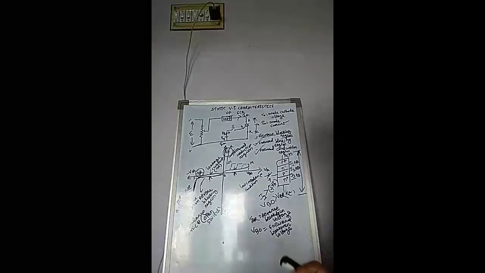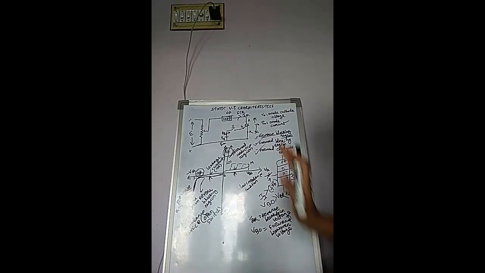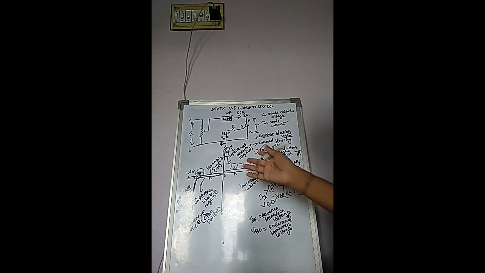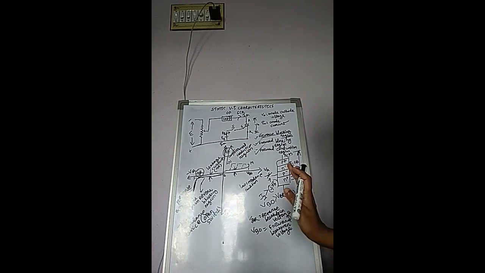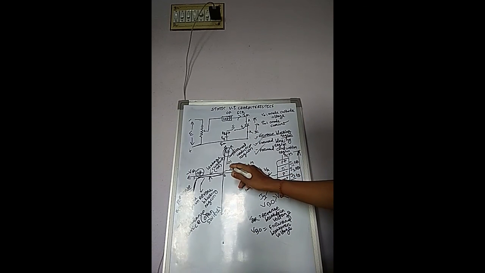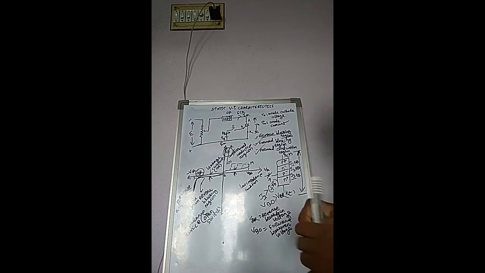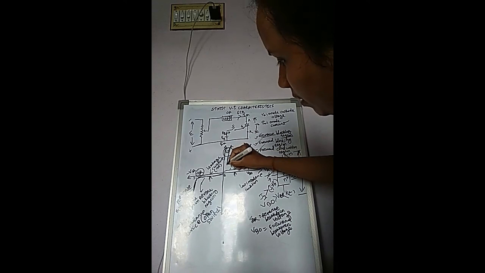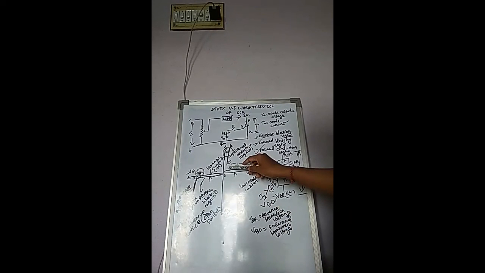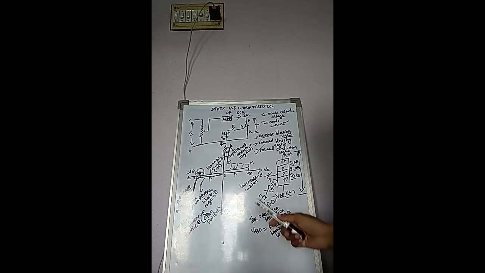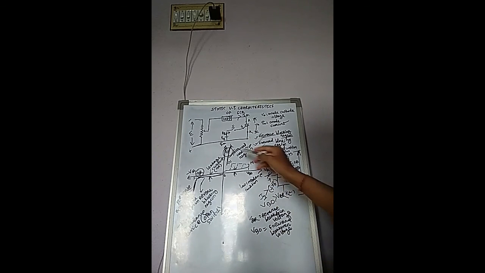Understood? Depending on the SCR rating, the voltage drop value is decided according to that voltage rating. At this stage, at point N, a very large amount of current starts flowing through the device. This is the current graph. Understood? This is NK. This stage is the forward conduction region.